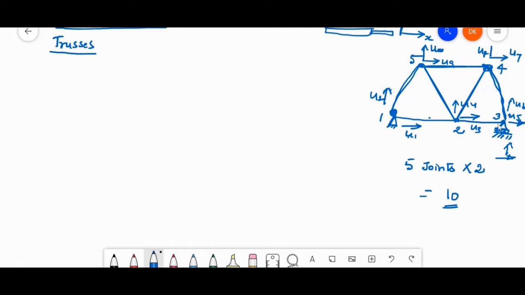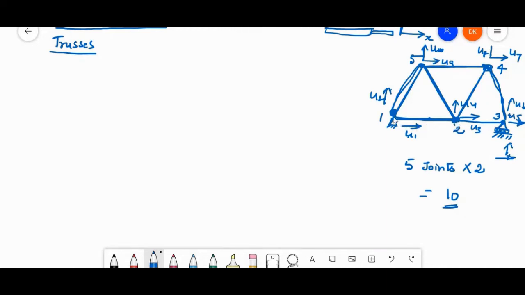Now you look at this structure, this looks like an element. This link will be acting as one element. This link acting as one element. This link acting as one element. So like that, there are several members joined together to form the structure. Now for the finite element analysis, you take each member as one element, and where you have pin joined to form a structure, that is called the node.